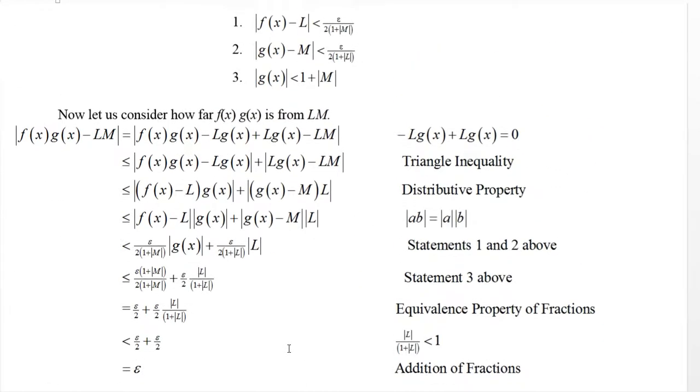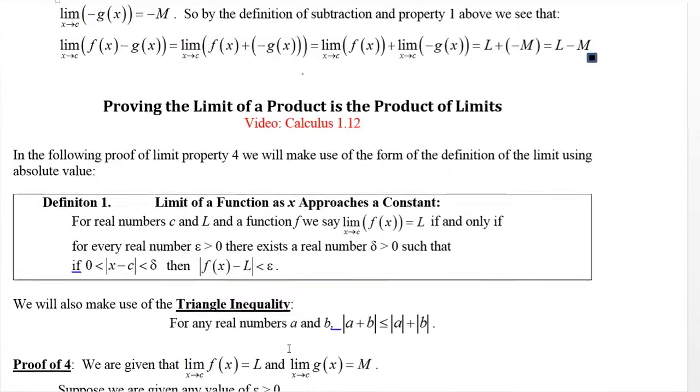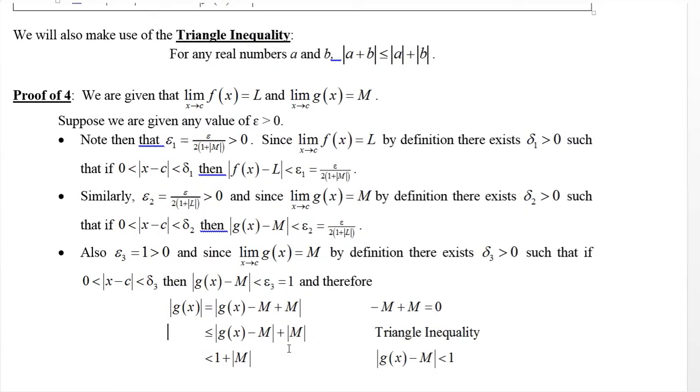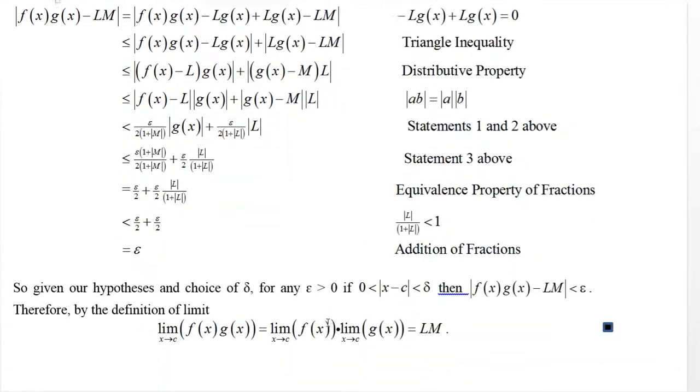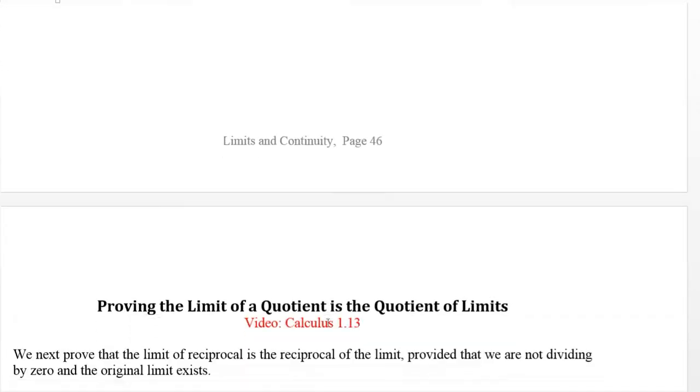It's a little tricky there. I certainly wouldn't expect you to come up with that on your own. That's a little bit of a trick. So you have to take a little bit of cleverness to work this out, exactly what to choose for these epsilon 1 and epsilon 2 and epsilon 3 up here. But as you can see, it does work out. We'll go on to do some more proofs in the next